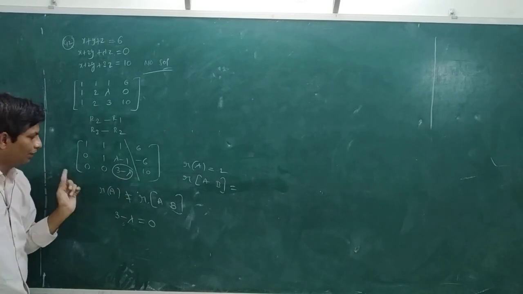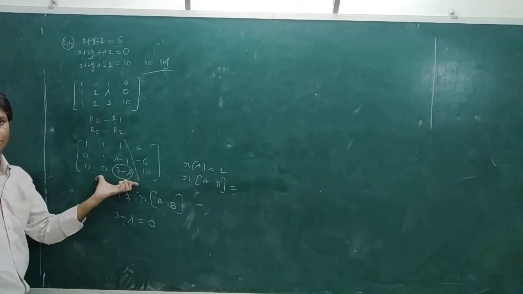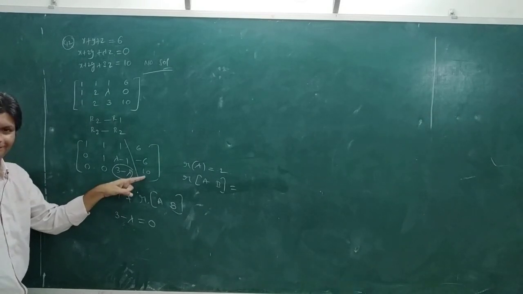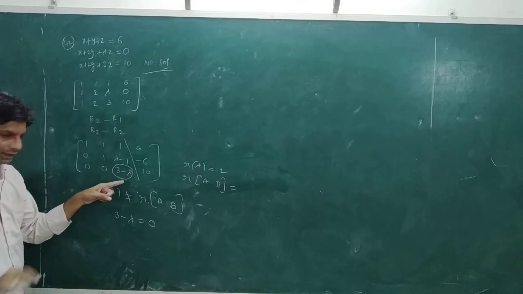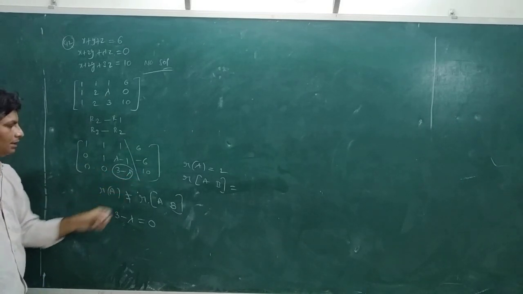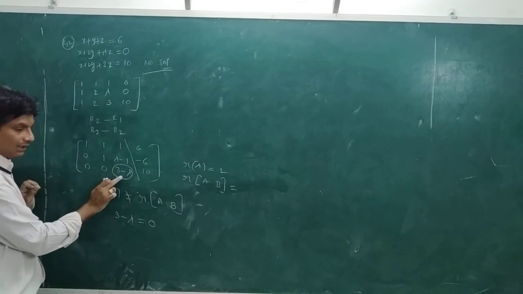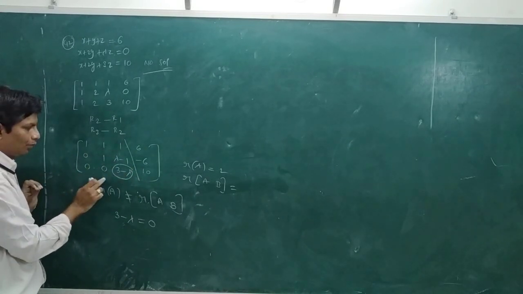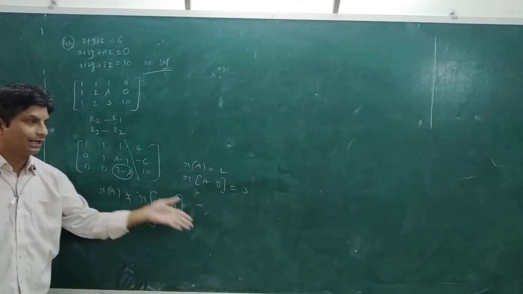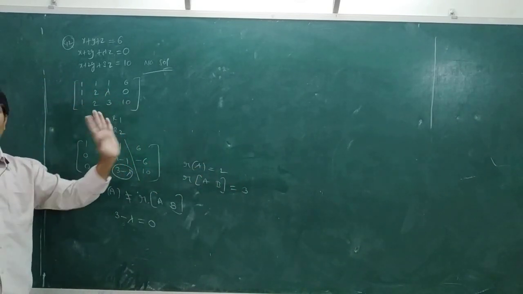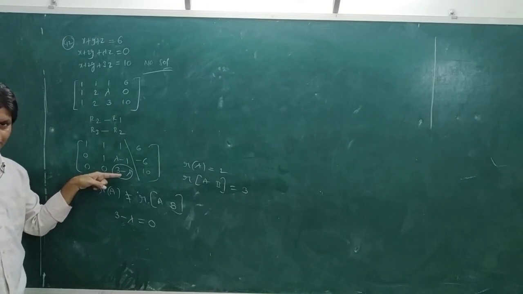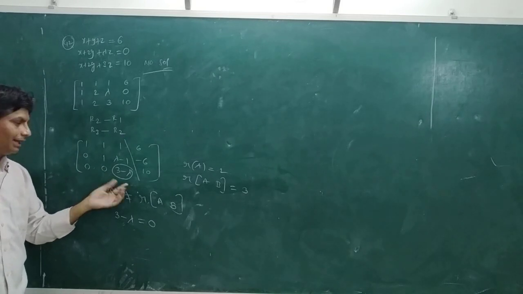Whether this is 0 or not 0, what is the rank of the total matrix? Since this is non-zero, the last row is obviously non-zero, because 10 is there. So if you take this as 0, 0 0 0 10, non-zero. So what is rank of A? If this is 0, rank of A is equal to 2, and rank of AB is always what? 3. So both the ranks are not equal. It is obviously having what solution? No solution.